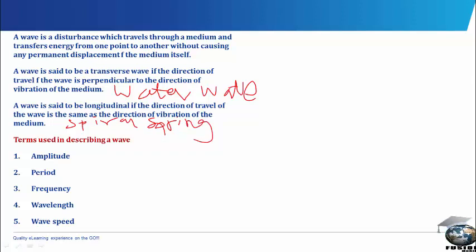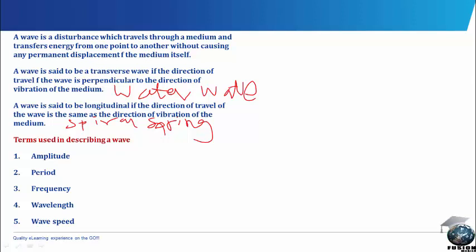Now from there we'll talk about terms used in describing wave. First, amplitude, which is the highest displacement made by the particle in wave. Period, the total time taken to complete one oscillation. That's period. Frequency, this is the number of cycles covered per second. Wavelength